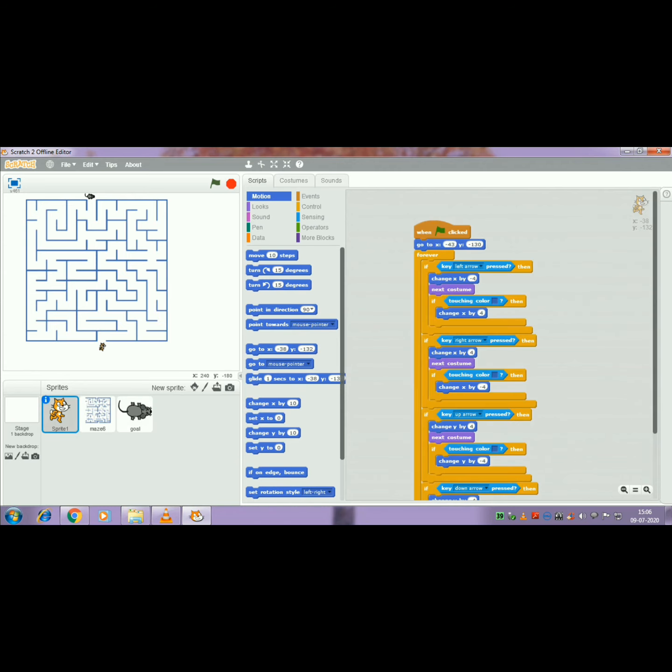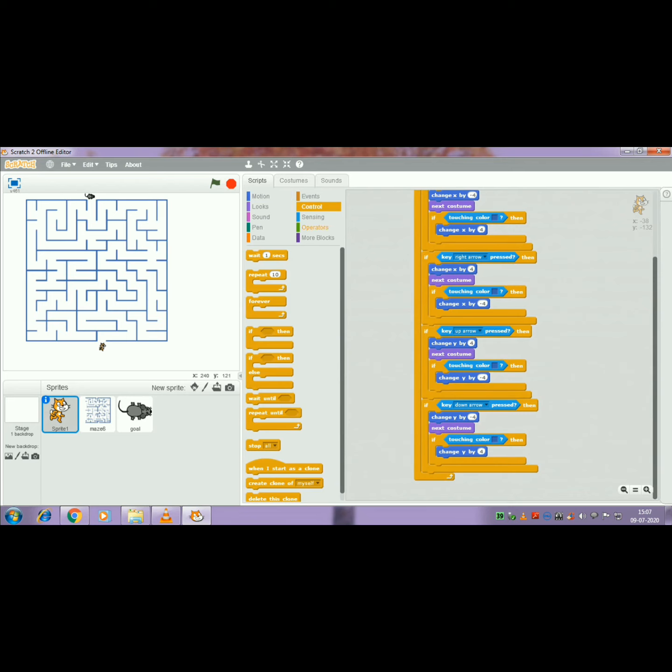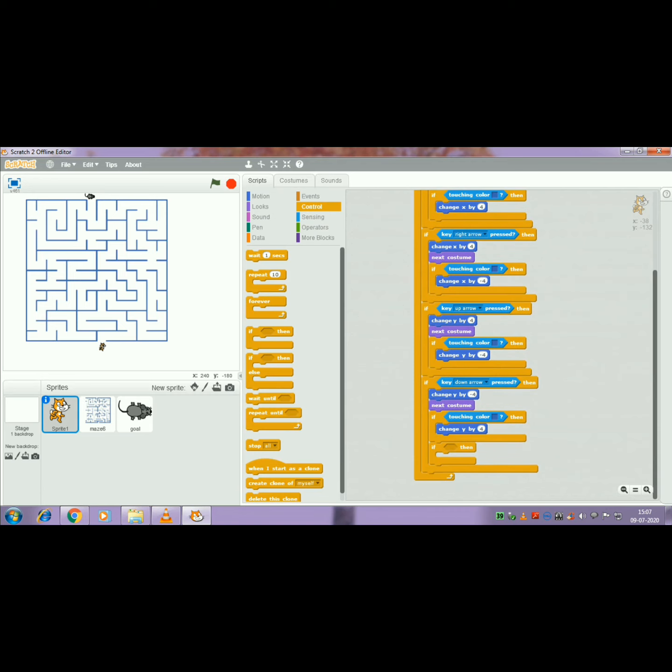Finally, you have to add the if block again. Under the control category, you have the if block. Go to the control category and select the if block. Keep it there and then go to the sensing category.